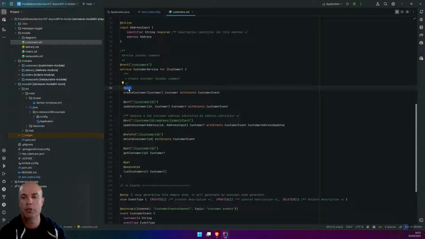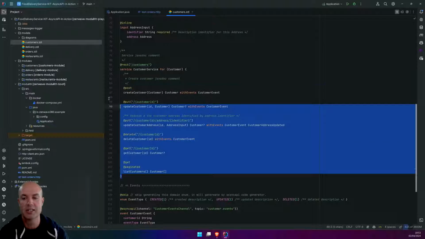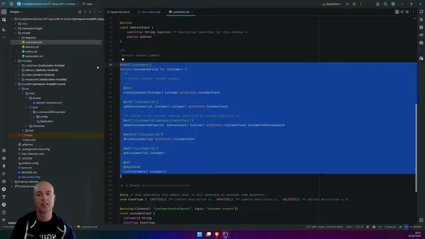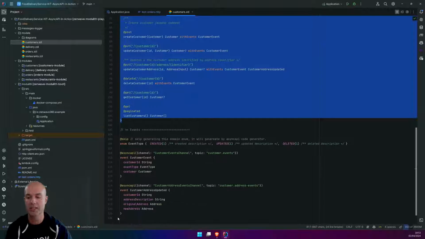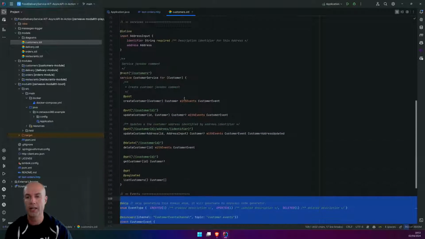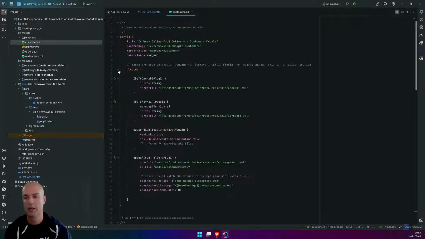And another purpose is, because we have these annotations here, and this is the blueprint that we are building during the discovery of the domain, we can use these annotations and these events to create, with these plugins, an OpenAPI file. Okay, first of all,